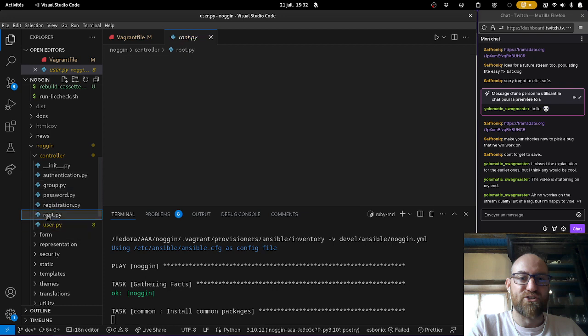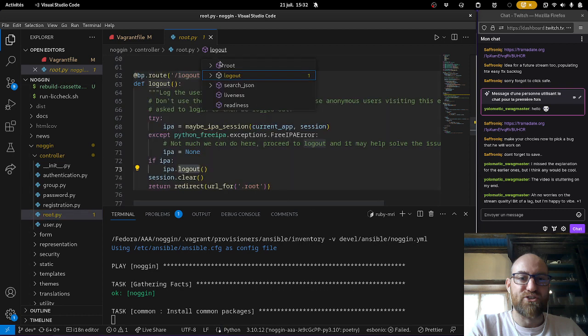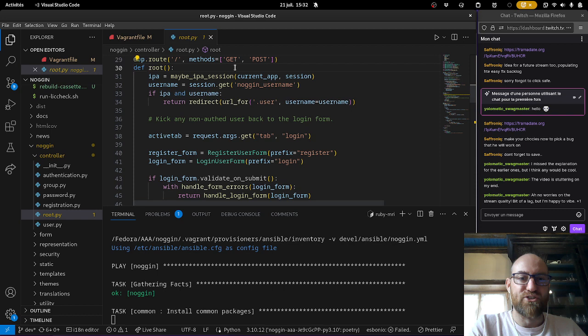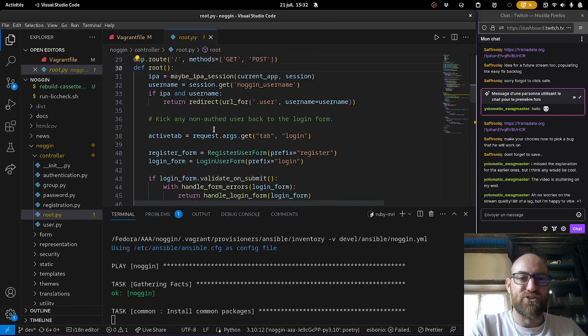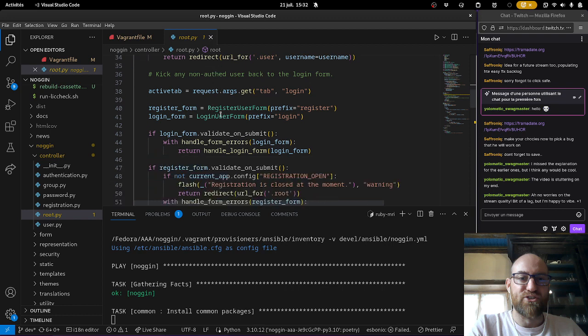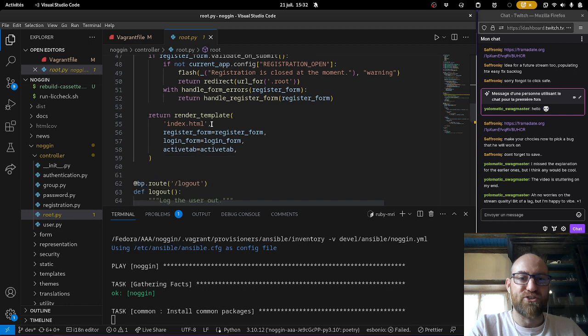Where could that be? Maybe in root? Root is the base URLs of Noggin. There's root, which is the index page more or less, and it doesn't look like it makes requests for all the users. I don't think we have a user list actually in Noggin. It's probably only available by searching.